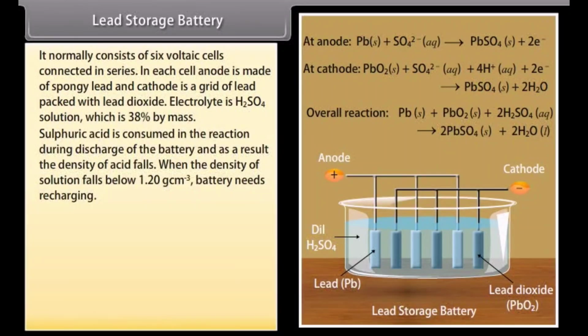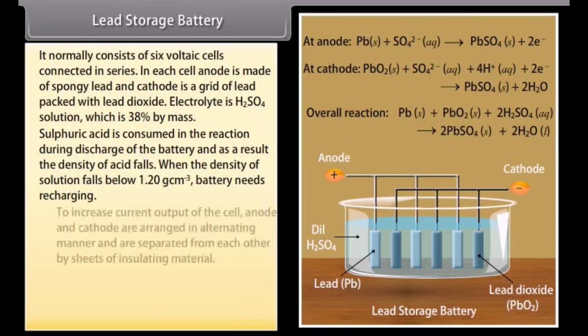Sulfuric acid is consumed in the reaction during discharge of the battery, and as a result, the density of acid falls. When the density of solution falls below 1.20 gram centimeter raised to the power minus 3, battery needs recharging. When electrical energy is supplied to the battery from an external DC source, cell operates like an electrolytic cell and chemical reactions take place. But now, the electrode reactions are reverse from those that occur during the discharge of the